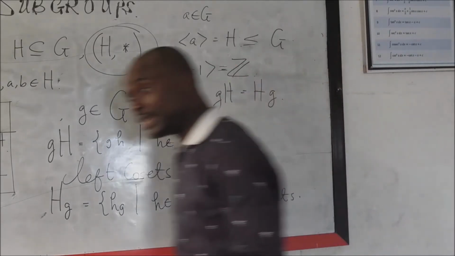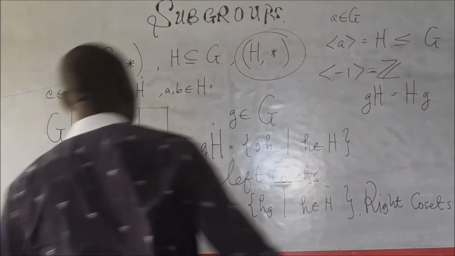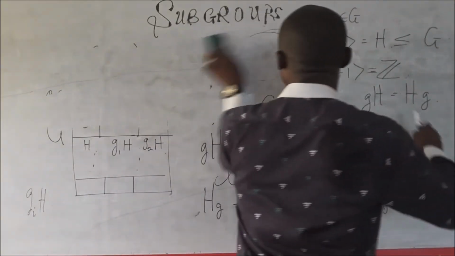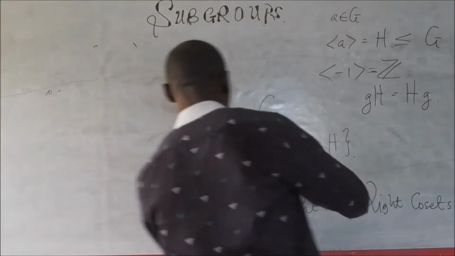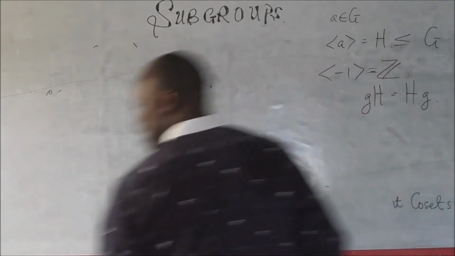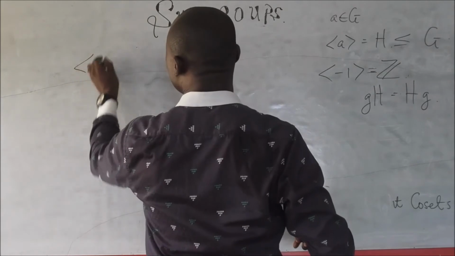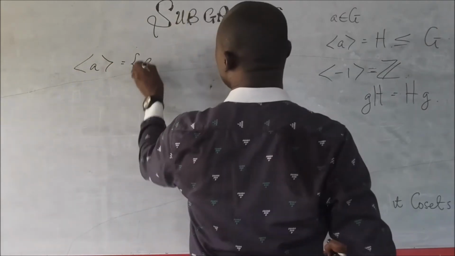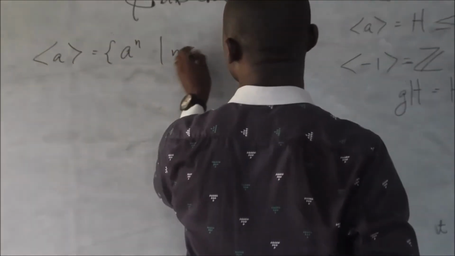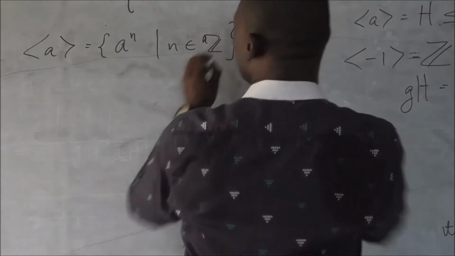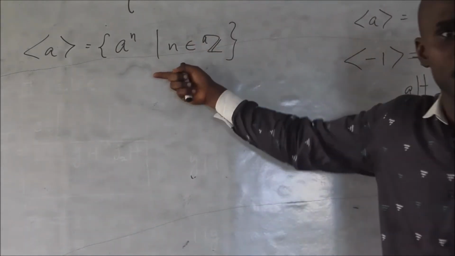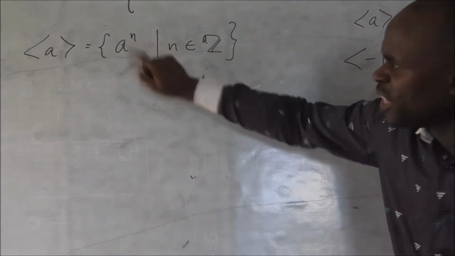Yes, I have explained and given you a good explanation to show that it is a subgroup. But is it actually a subgroup? Let us apply the subgroup test. Now, the definition of this, A, is this definition: a raised to the power n such that n is in Z. That is the mathematical definition of a generator. But is this a subgroup?